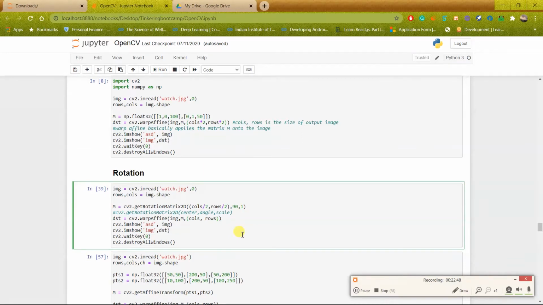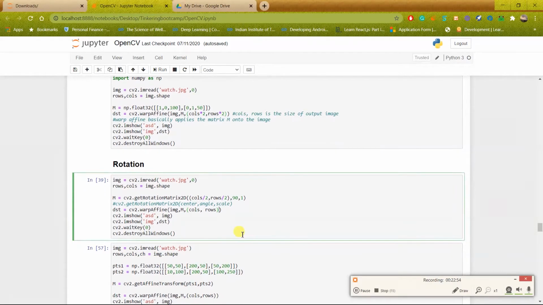It is used in robotics, in path planning, in controls, etc. You can get the rotation matrix using the function getRotationMatrix2D. You can rotate the image in 3D also, but that is not used commonly, so we are skipping that.